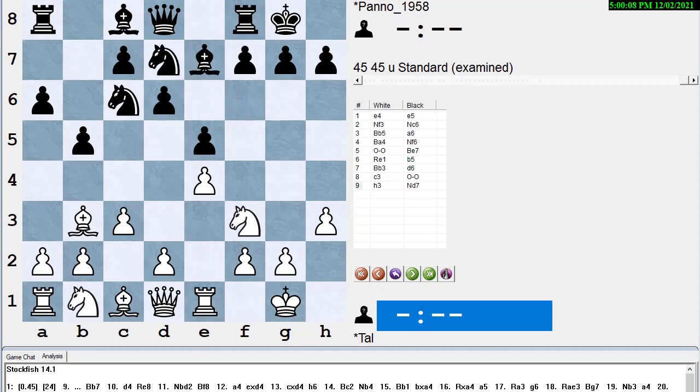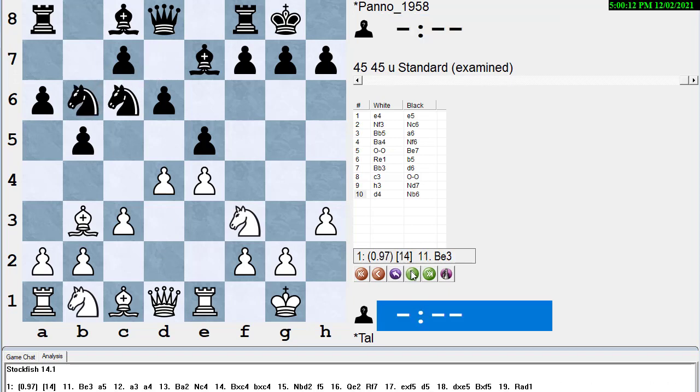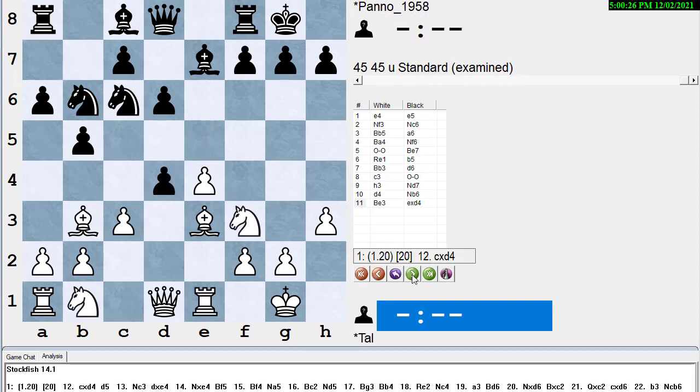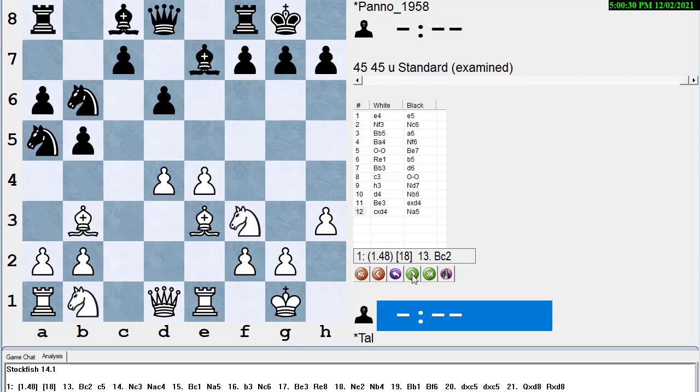So knight d7, d4, knight b6. So white's advantage here is almost a pawn already. Tal plays bishop e3, as good as anything. Here, Stockfish likes a5. Panno traded the pawns and then played knight to a5, threatening to win the bishop pair,